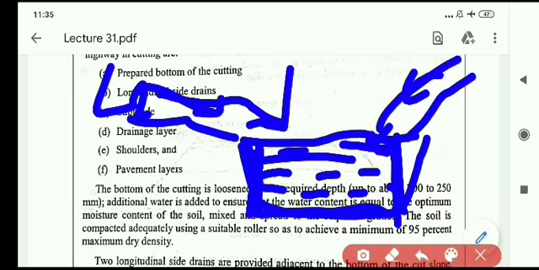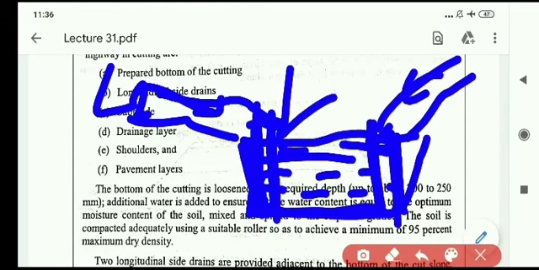So in order to avoid this submerging of water or entry of water in the cutting area of this subgrade zone, we need to provide the longitudinal drains immediately. The width and the depth of these longitudinal drains are higher compared to the drains you are going to provide on the natural ground strata. The width and depth of the drains you construct across the cutting part should always have higher dimensions compared to the drains we provide across the natural ground strata.